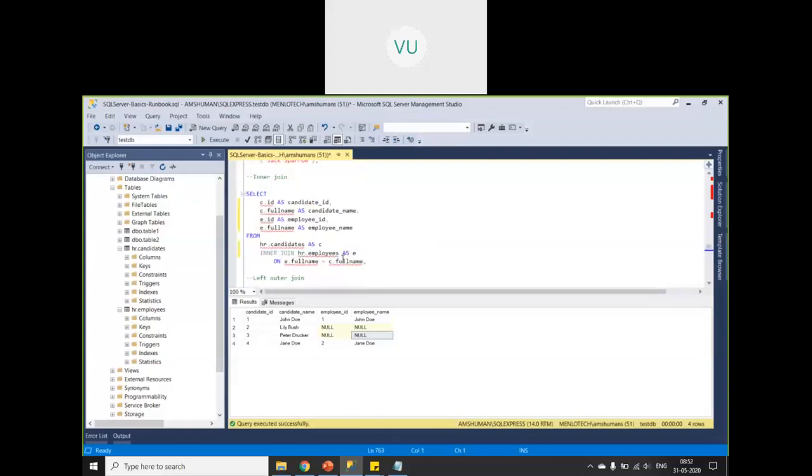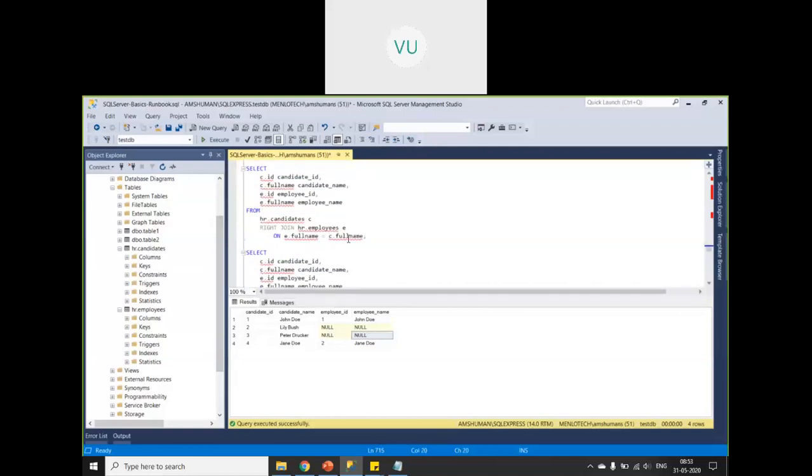In our case, in the employees table, what records are matching? John Doe and Jane Doe are matching. Those will be returned along with actual values from table C, and the other records will have null as placeholders for columns of C, right?